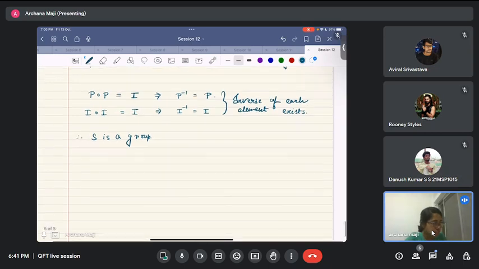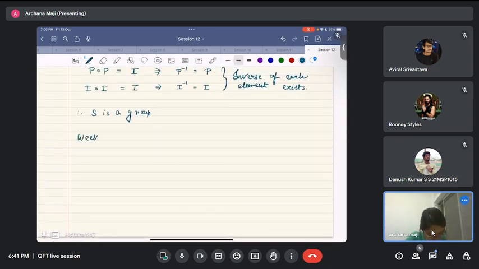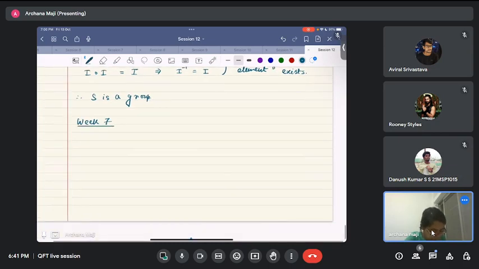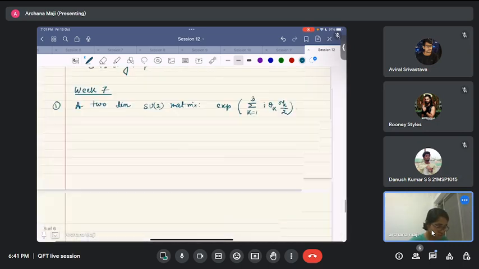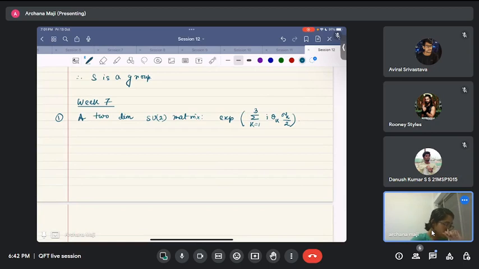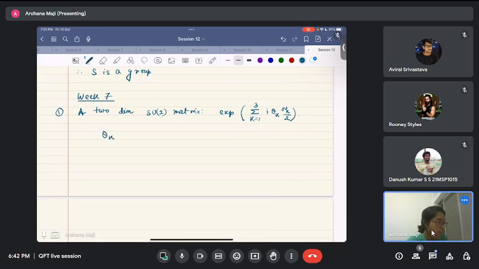A two-dimensional SU(2) matrix can be written as the exponential of the summation over k equal to 1 to 3 of i theta_k sigma_k over 2, where sigma_k are the Pauli matrices. Without loss of generality, you can take theta_k to be along the z axis,